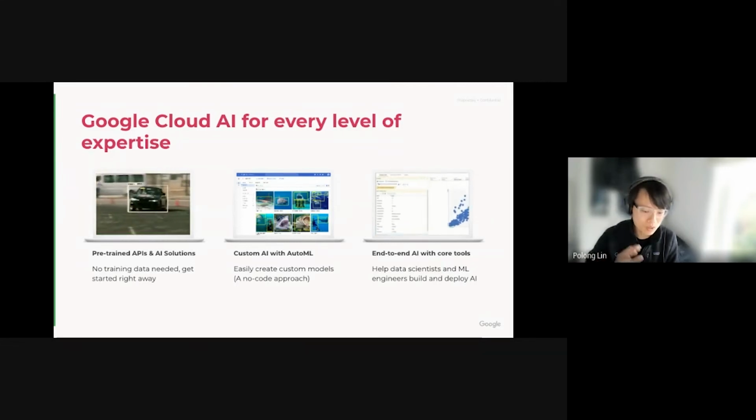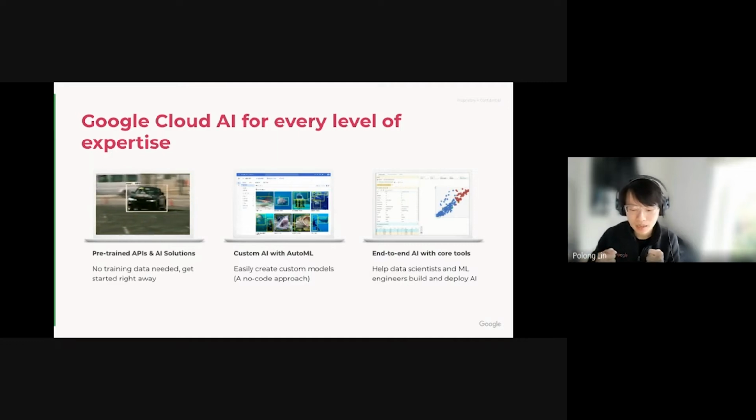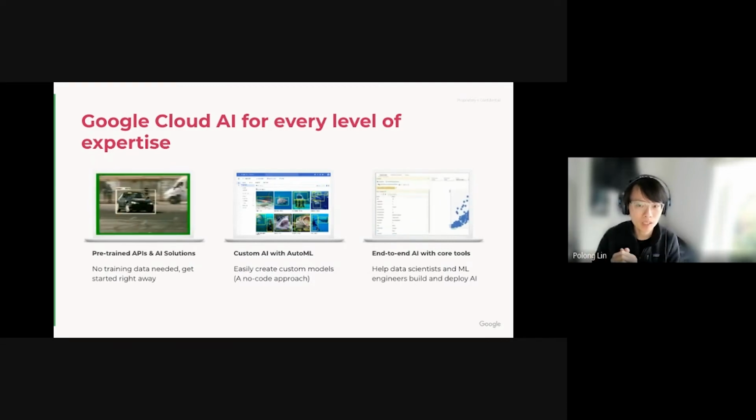Whether you want to use pre-trained APIs for machine learning, this could be anything from video intelligence to computer vision to text to NLP. You can use these pre-trained machine learning APIs. There are also some AI solutions built in, if you want to, for example, do something around document analysis using Document AI. If you're not a company or a team that has a lot of deep data science expertise, you could rely on something like AutoML to derive your models for you without having to worry about choosing between different models and tuning your models.